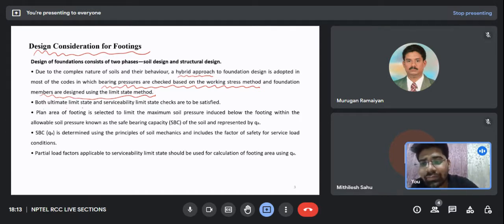Both the ultimate limit state and the serviceability limit checks are to be satisfied. Since point number 1 says hybrid method, we should use both the working stress method and the limit state method. The working stress method is for the bearing pressure, and for designing the footing we should use the limit state method. So both of the methods should be satisfied. Now moving on further,